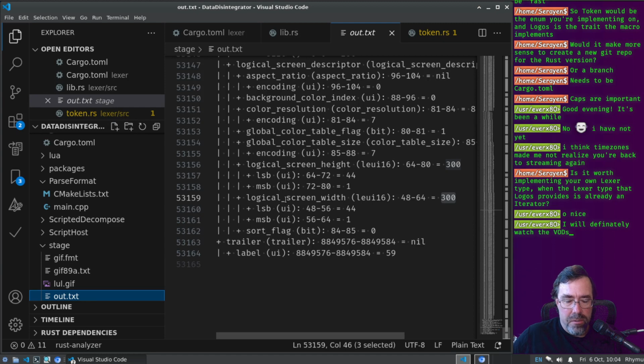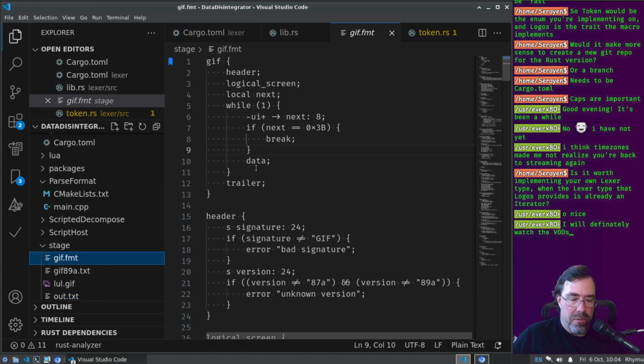So the first half of my tool is a compiler, right? Because I have my own language here. So the first step in porting this to Rust is to take that compiler and port it to Rust, right? So compilers